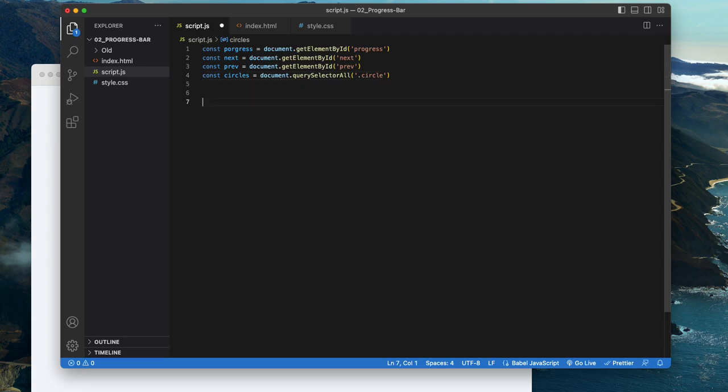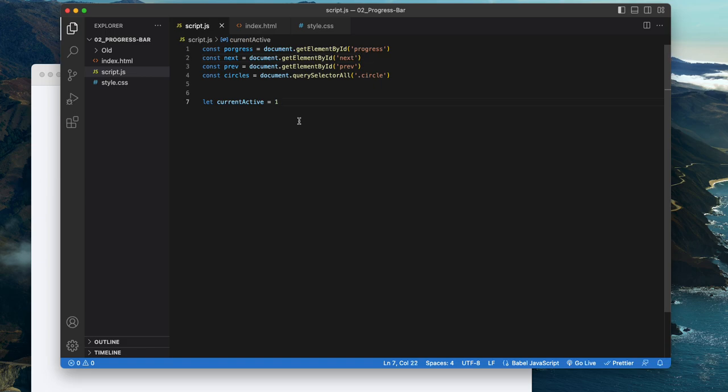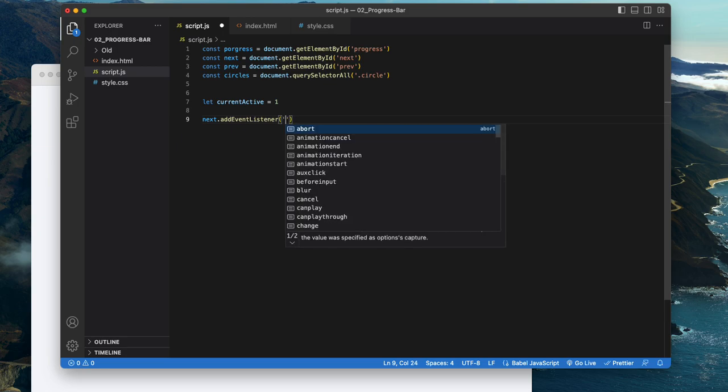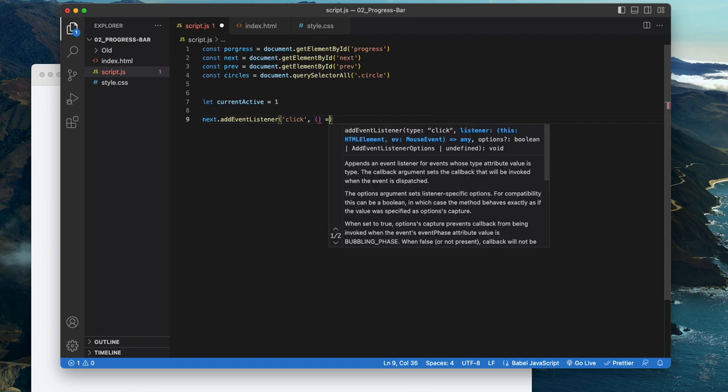First things first, let currentActive be set to 1. Whatever is active, that will be 1. And then we need to add event listeners on the next button and the previous button. Next dot addEventListener. The event will be click, and then that will be a function. As soon as you click that,